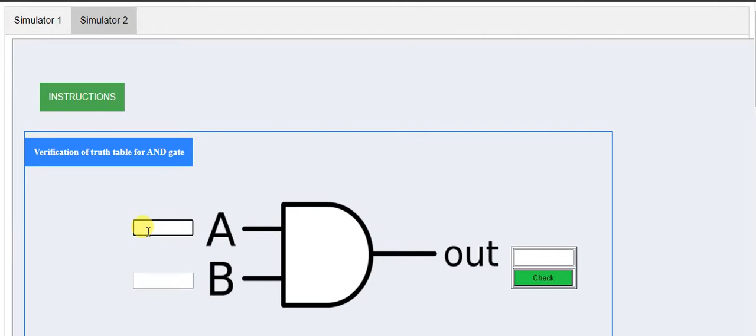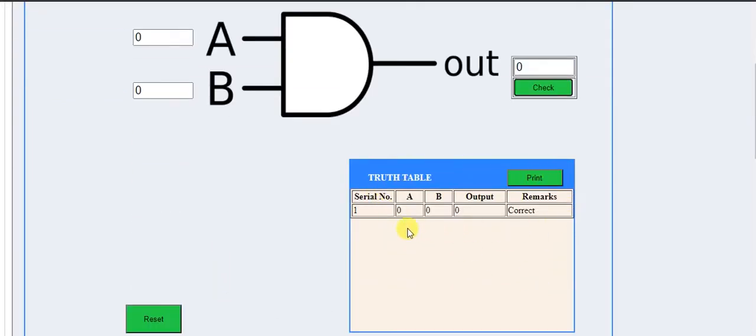That is, if I am giving 0 and 0, I am expecting the output to be 0. If I check it, here at the bottom there is a truth table verification. Whenever I put 0 here and click on check, the remarks say it is correct. So we will check the other logics also.